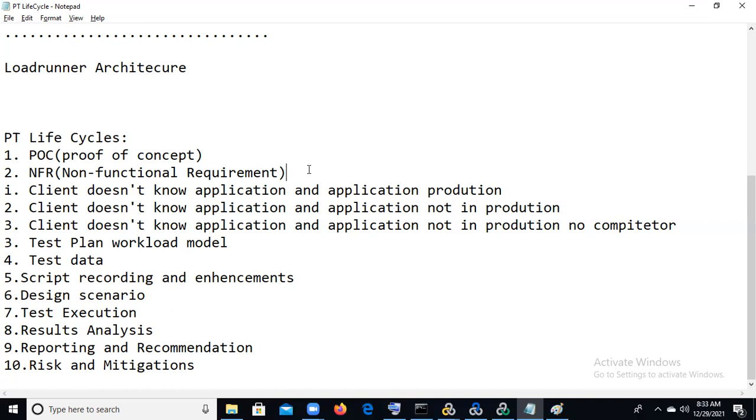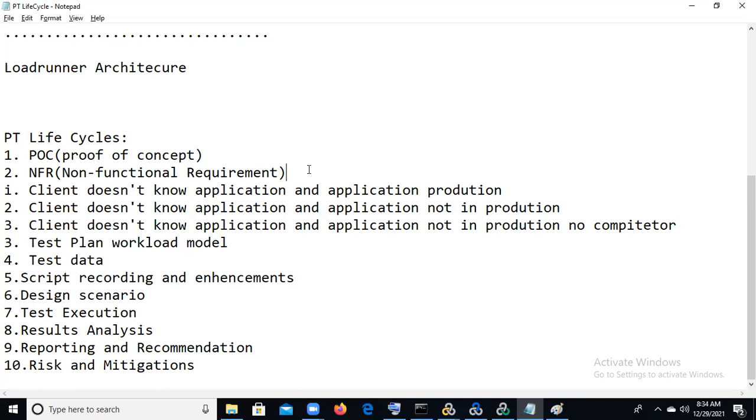And the expected average response time: for login, we need to ask the client what our SLA, the service level agreement, is. If 1 lakh users or 2 lakh users access it, what is our SLA? He will tell us 5 seconds. After that, flight booking, how much is our SLA? 5 seconds. Selecting the flight button, 5 seconds, payment 6 seconds, and log out 5 seconds. Based on that, we need to gather all these details from the client. That is called average response time.